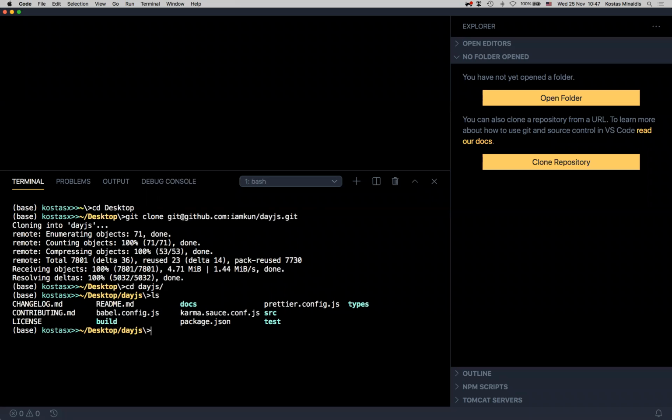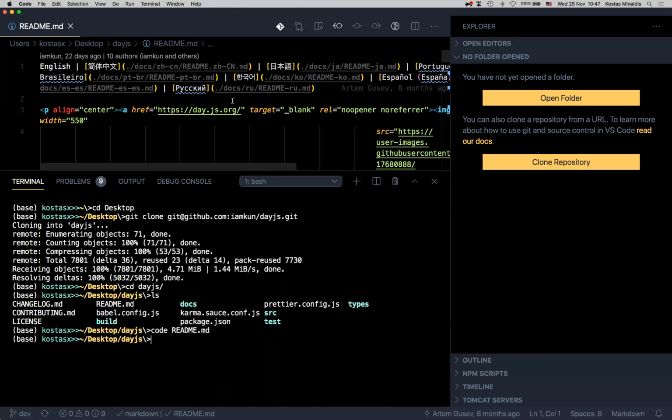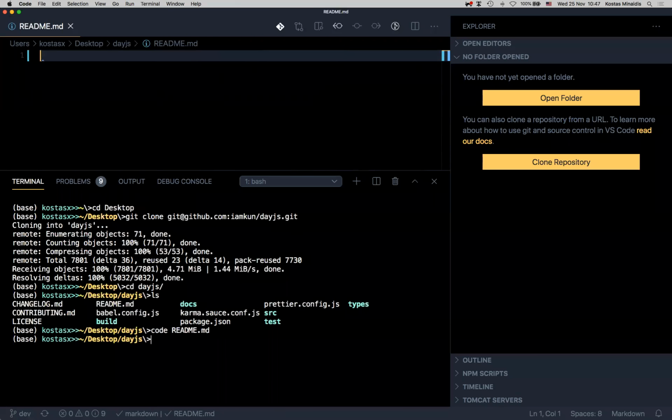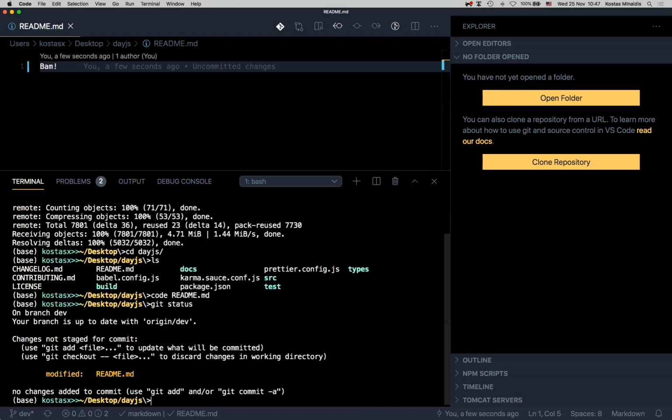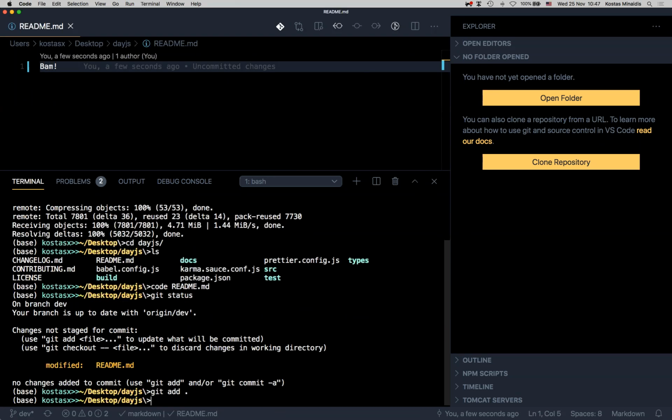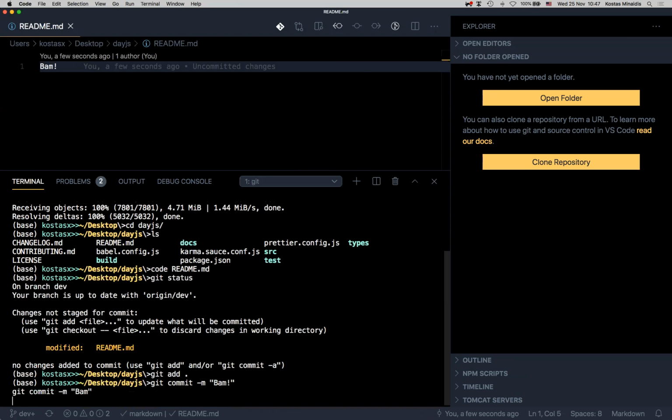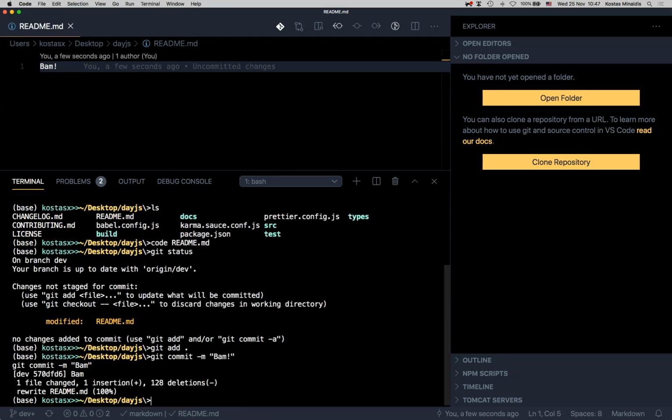So let's say I will open the code, the README markdown. I will delete everything, and then I will say git status. I modified the README, so git add and git commit. Bam. So I added and committed these changes, and I'm ready to push